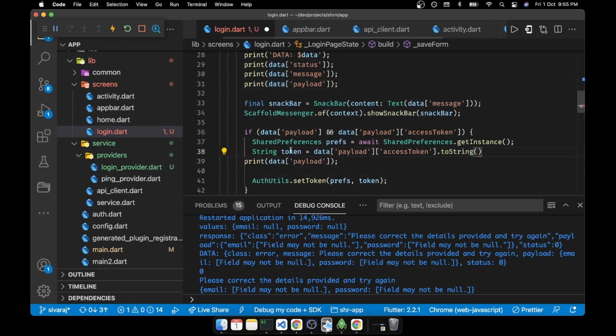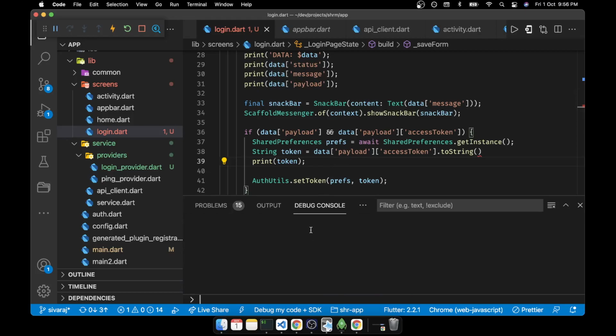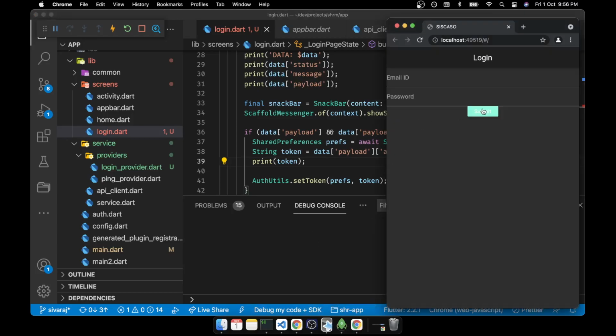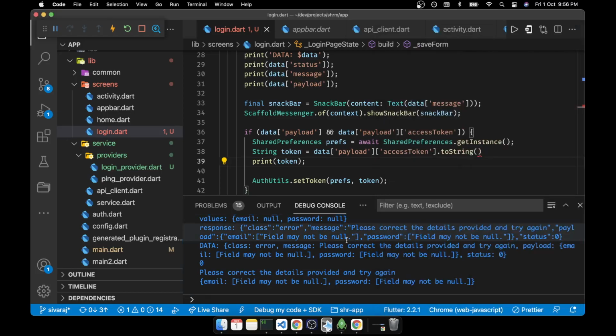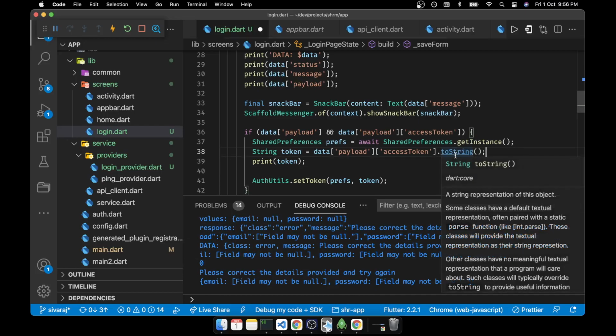We'll see what is happening. Token. Token. We'll hit submit again. Now there is no error. Okay, it is not even running.